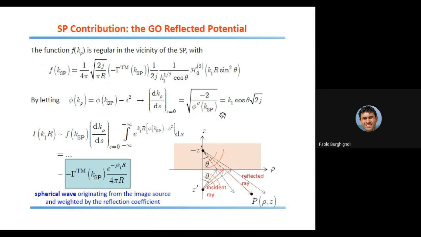And if you do the calculations, this is the result, k1 cosine theta times the square root of 2j. So in the end, you can reduce your integral